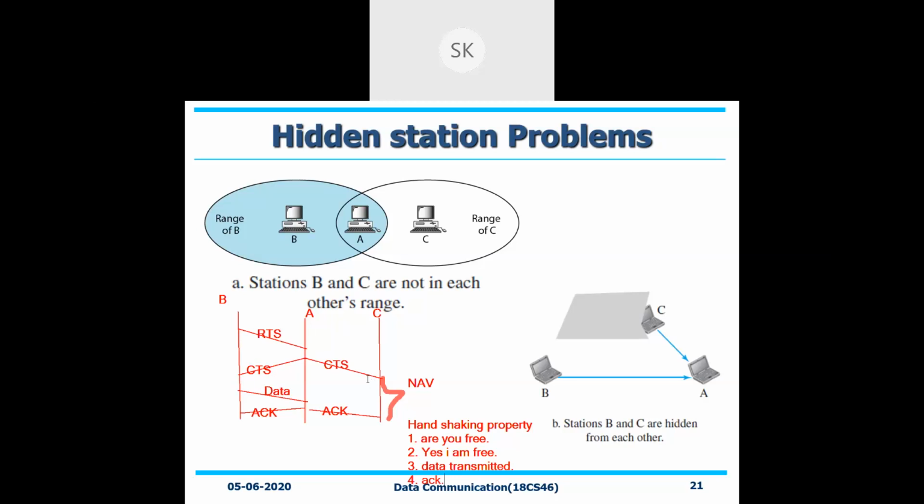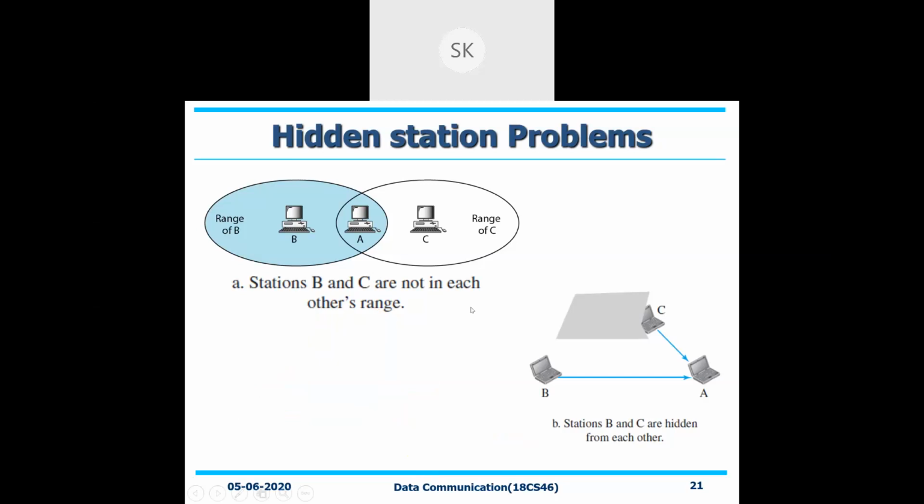If C unfortunately transmits before the data from B is transmitted, then B will be under the holding state. So this particular data will be discarded. It will be held in the NAV, the network allocation vector. Till it becomes 0, that is, till the acknowledgement has been received, you cannot continue. So this is how the hidden station problem is handled